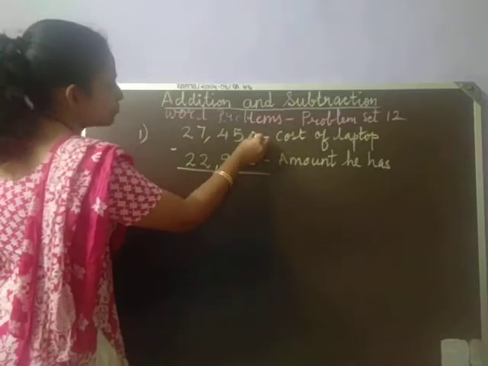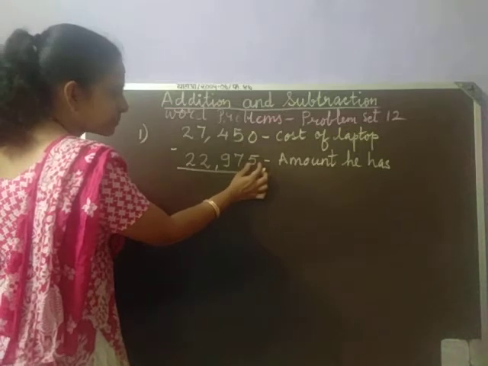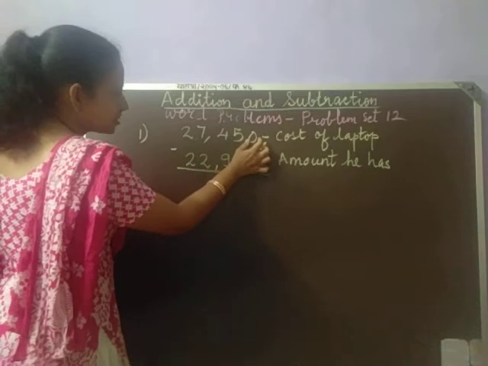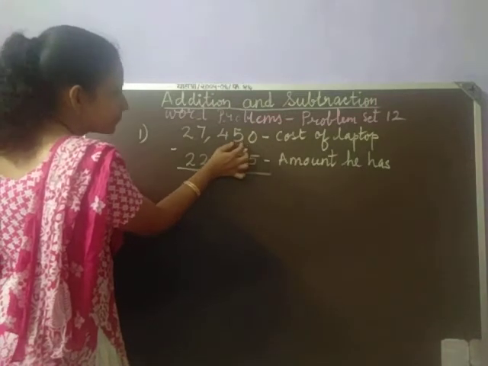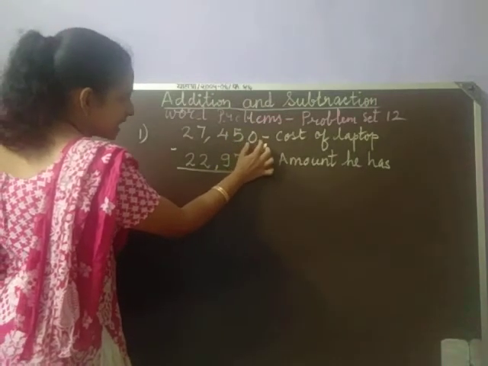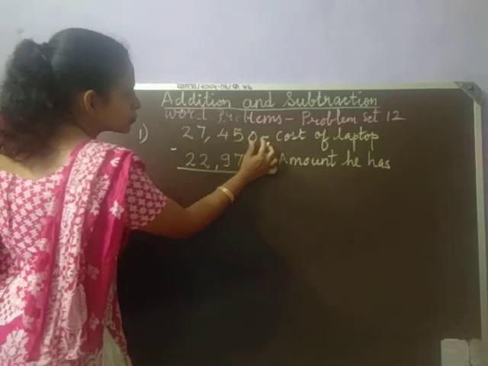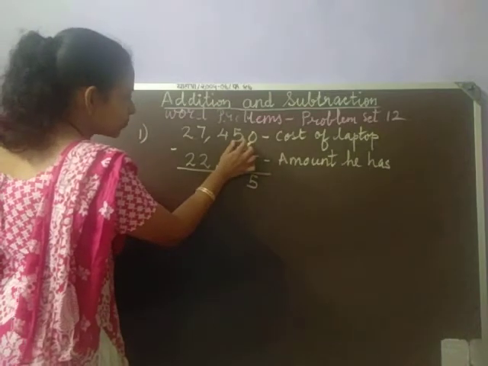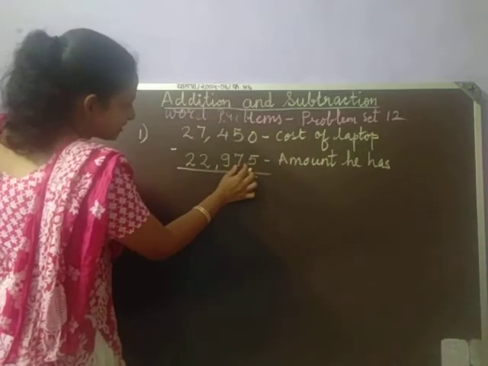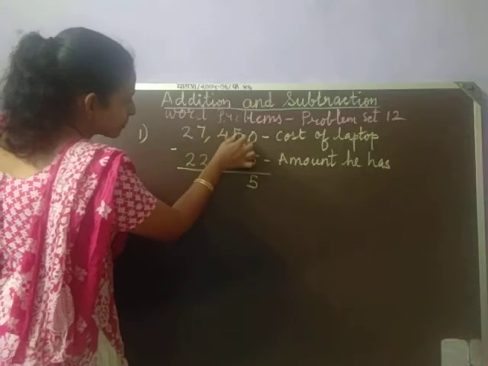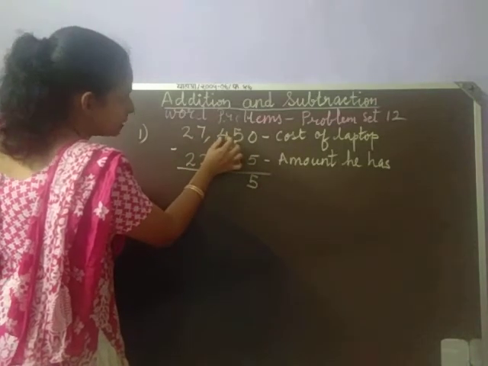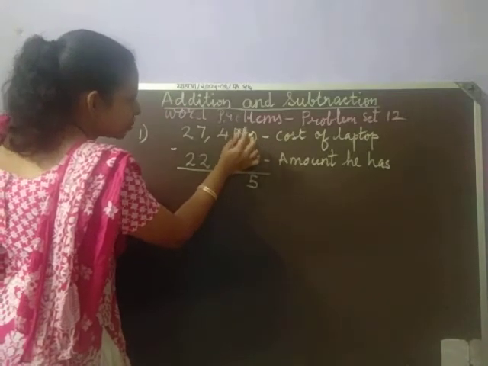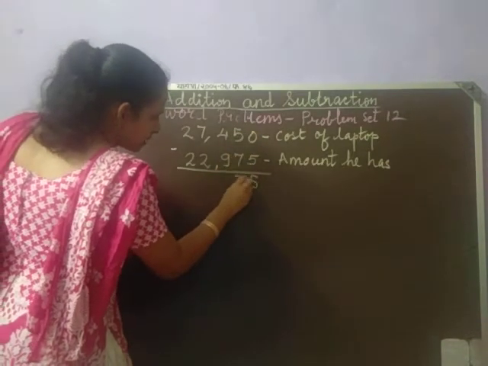So here you know that 0 is there and we cannot subtract 5 from 0. So we need to borrow from 5 to this. So when we borrow from here to this side, it becomes 10 and here it becomes 4. So 10 minus 5 now becomes 5. Now here it is 4 and again 4 is less than 7. That means we need to borrow from here. So again when we borrow from here, this becomes 3 and here 4 becomes 14. So 14 minus 7 becomes 7.